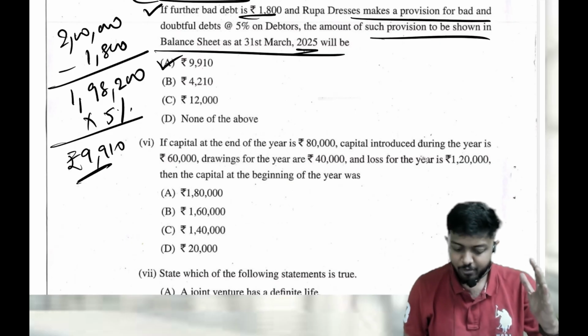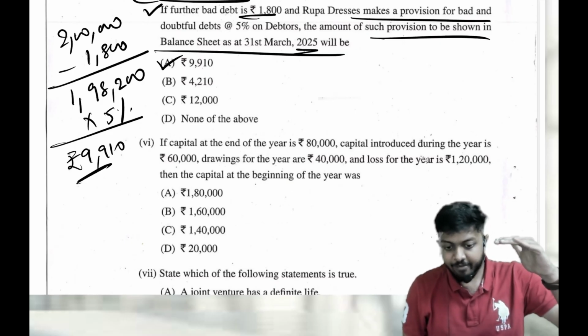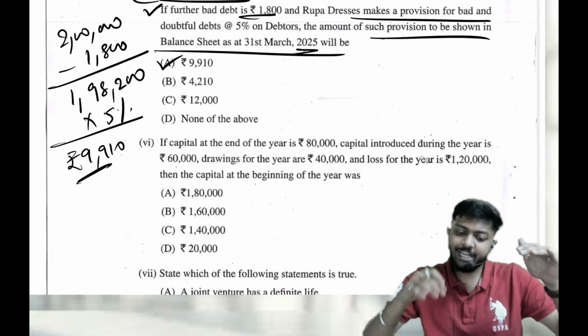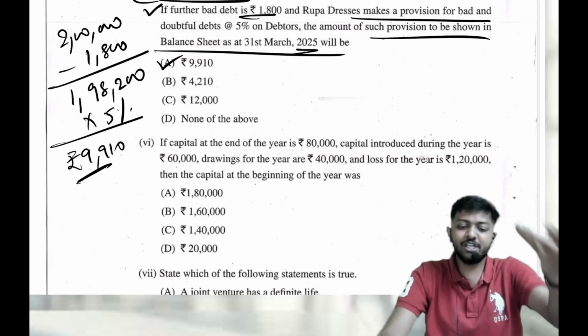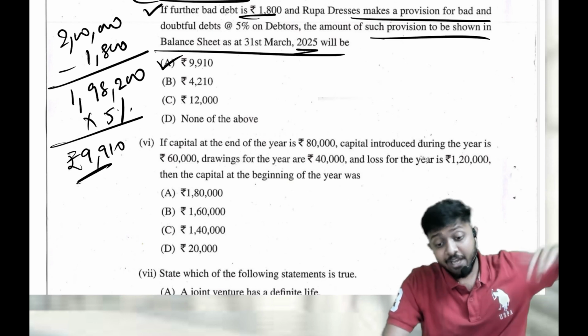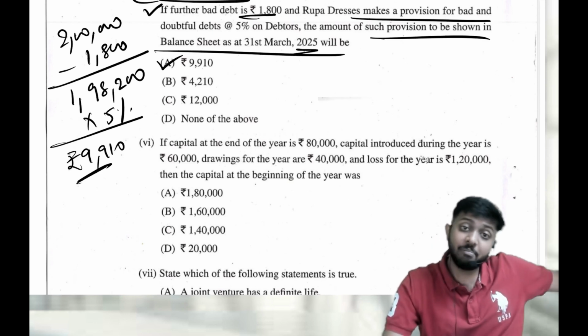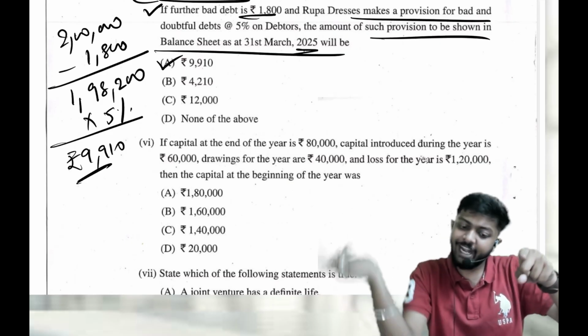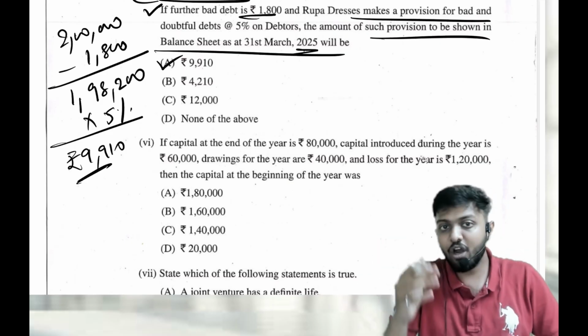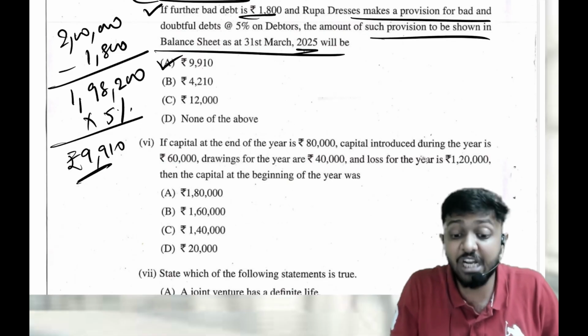You had an opening provision of 7,500. We decided that if bad debts happen later, instead of debiting bad debts, we'll use the provision account only, because we have already created the provision in the previous year. We'll use that provision to write off bad debts. Will we again debit the bad debts account? No, that was wrong. Two times expenses will be booked. That's what we learned.